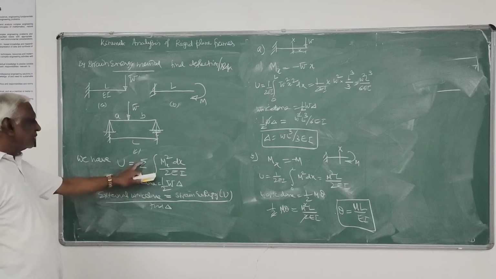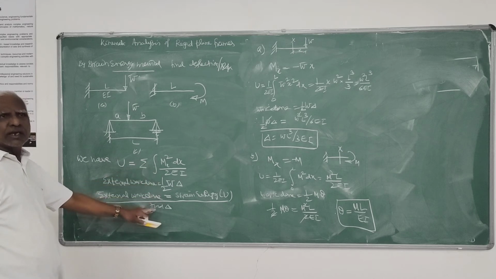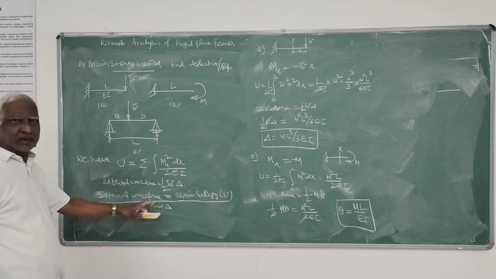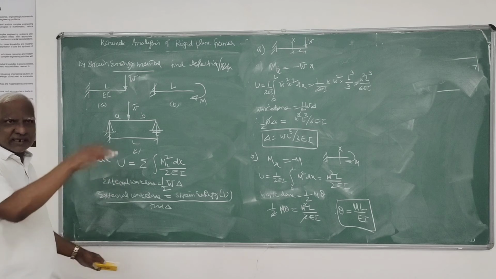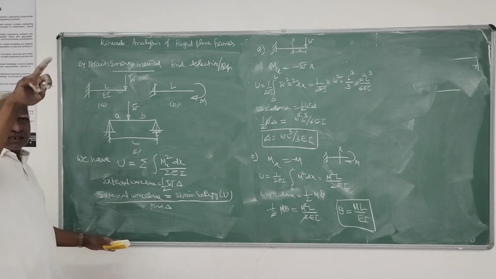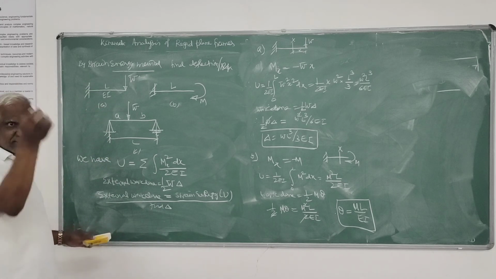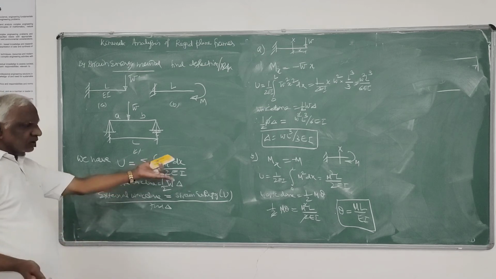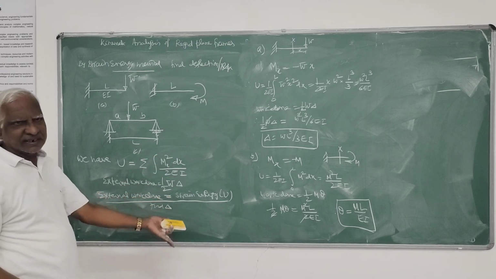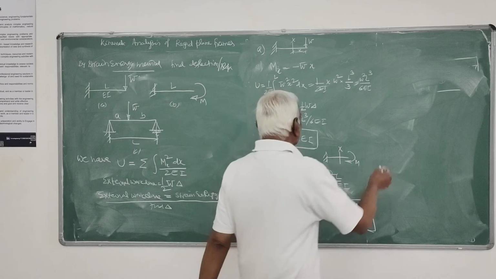Deformation in the direction of load only can be worked out from this strain energy, from this simple equation. You have the expression for strain energy and the expression for external work done. I plotted the curve P versus delta or M versus theta and showed that it is a linear variation, so that you can apply the strain energy stored equals external work.